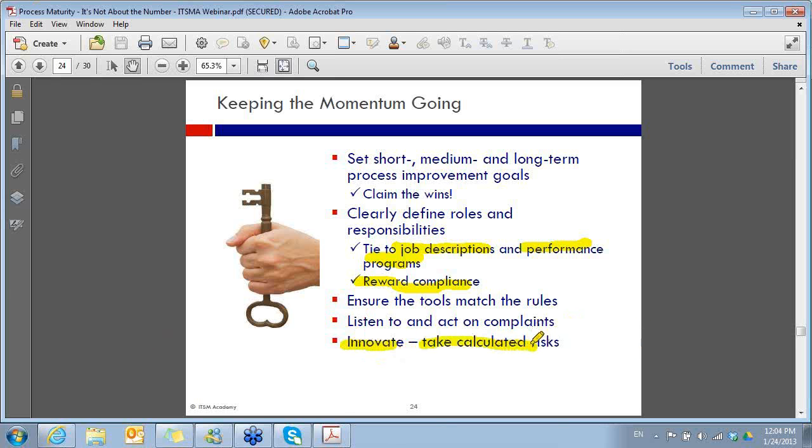If you've got a process that's very bureaucratic, you really have to look at, do we need all these controls? Do we need all of these handouts? Maybe strip it down to the minimum critical activities for that process. Here's where ISO 20000 really comes into play. What ISO 20000, the international standard for IT service management, gives you is the minimum critical activities associated with processes. So strip it down and take some calculated risk.